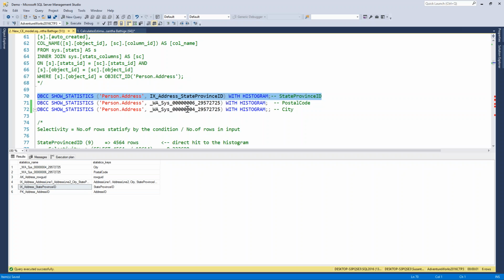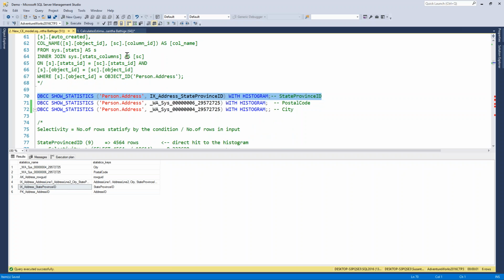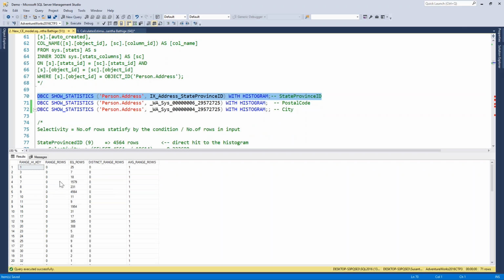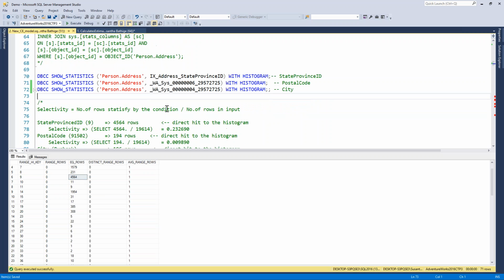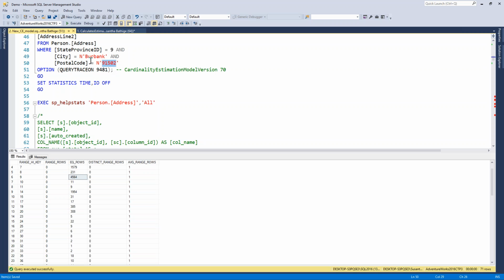that we did before. The state province ID is 9. You have seen this as our value 9. So if you check our histogram, you can see the range high key, it's a direct hit, an exact match of the histogram. You will get 4,564 records as equal. So likewise, you can do the same thing and check that predicate value in this query